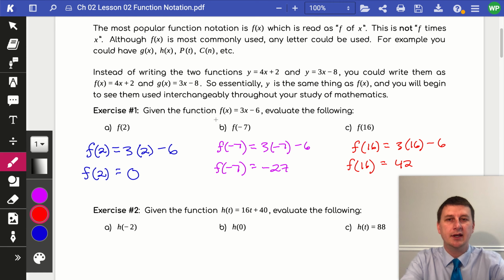So in this video, we looked at the introduction to what function notation is and how to evaluate a function